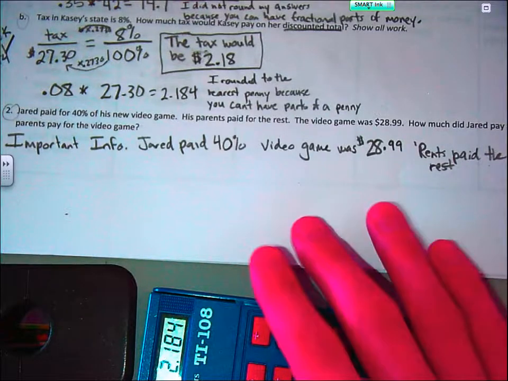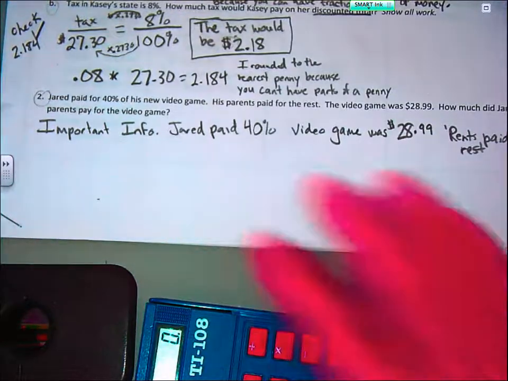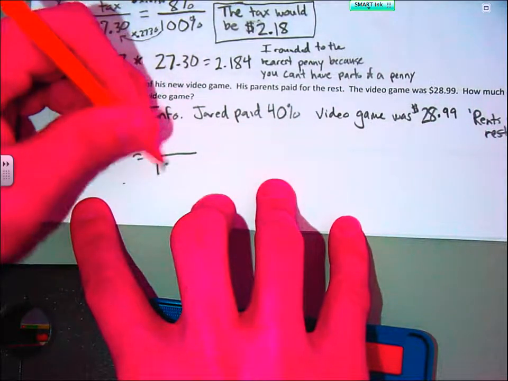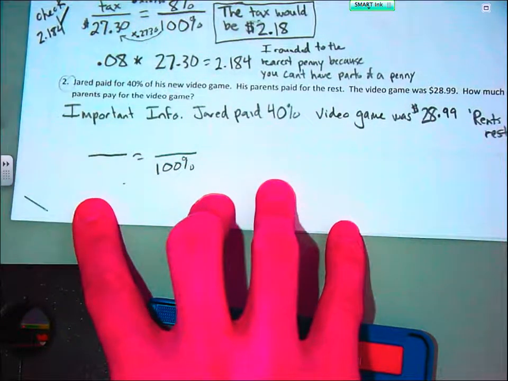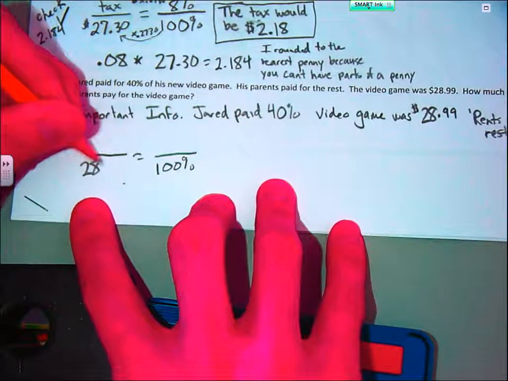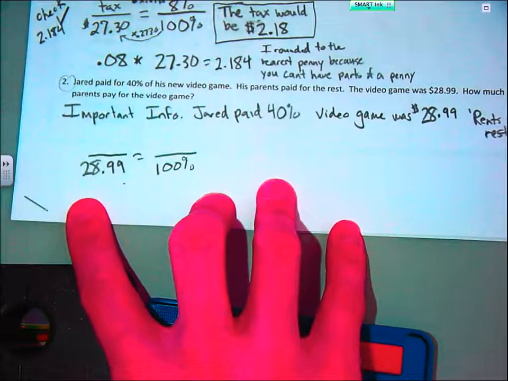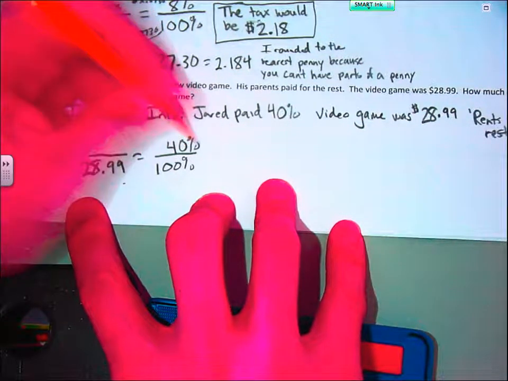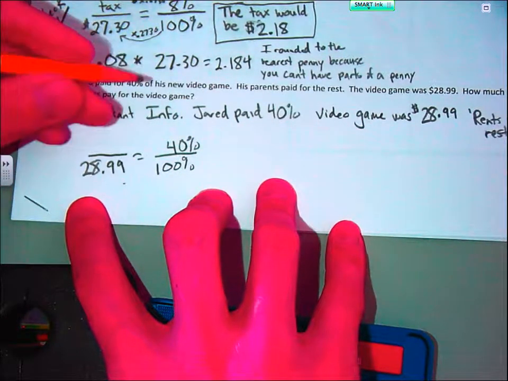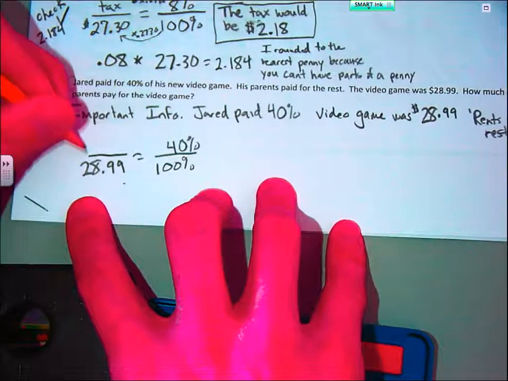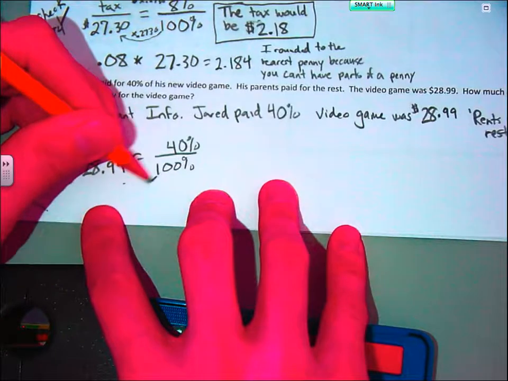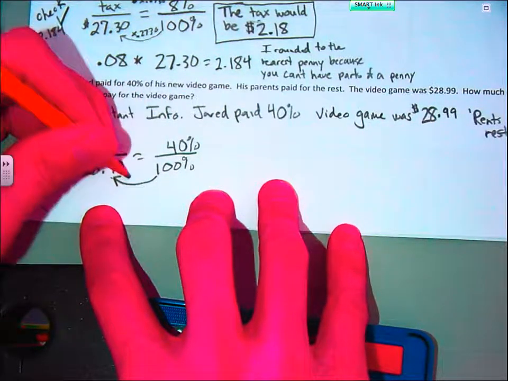All right. Now, same kind of problem here. I know that the whole game is 100%. I know that the whole game is $28.99. I know that Jared paid 40%. I need to figure out how much he paid, so the part that he paid. I could scale this down to go from here to here. I could times it by